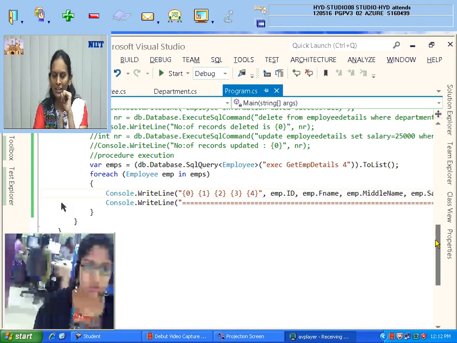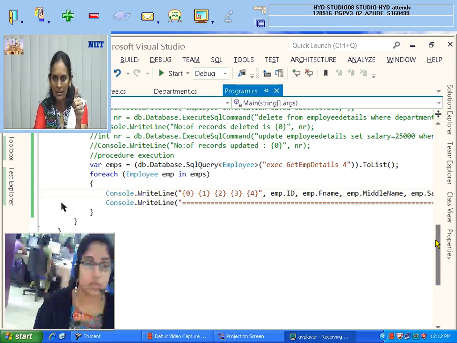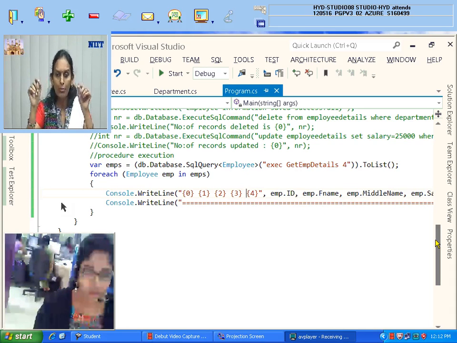100% correct. I gave my model class name as STD, but in the database the table name should be student details, not STD. So I need to use the table attribute. Class STD I write, and above that the table attribute in brackets in double quotes, where I write student details.